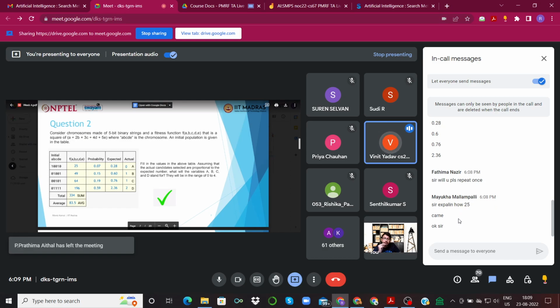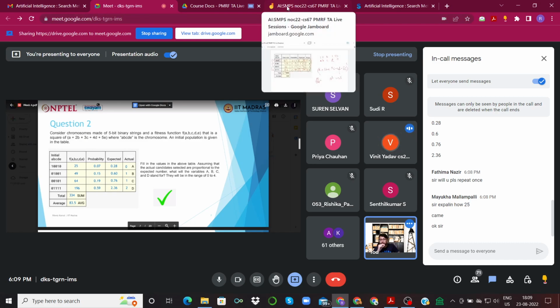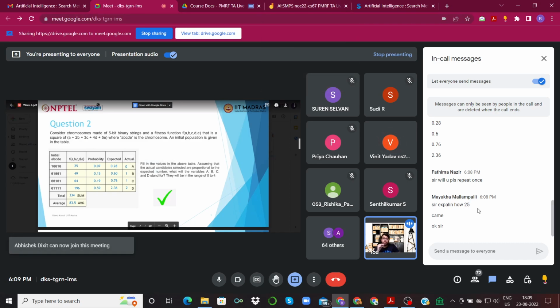So my question was, we have four basically binary strings here, 5 bit. When we are taking this for the next generation, will we be taking it B, C, D or the fittest first, so D, C, B while we are printing it? Okay, so that actually doesn't matter. If you're just forming the population, you can print it in any order. But when you are selecting for crossover, then you have to select on a certain basis. Then you can choose to select the fittest one first and choose it to act as a parent in the crossover part of the algorithm.